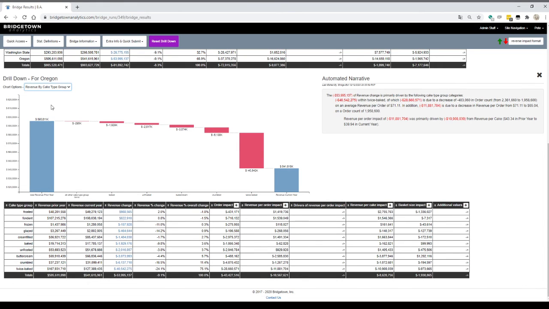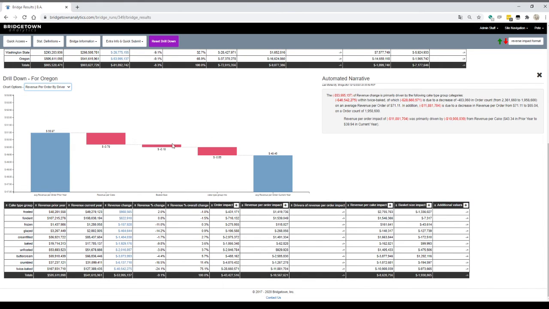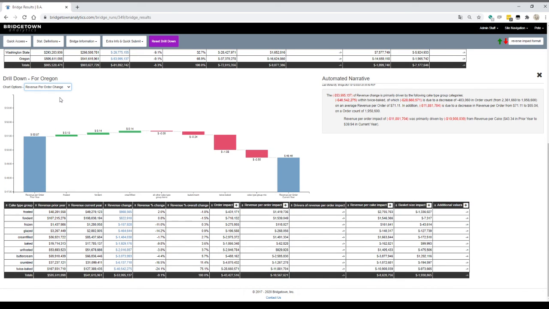I'm going to go look at the revenue per order by driver. Aha, now instead of seeing $1 of change due to revenue per order, I see negative 79 cents due to revenue per cake, negative 18 cents due to basket size. And if you remember, the twice baked cakes were driving a lot of unit economic variance, and minus 108 on our overall Oregon orders. So if I look at the twice baked cakes in our report,